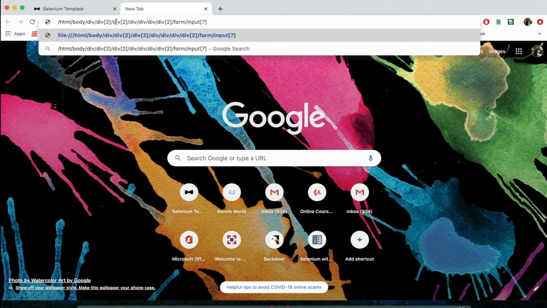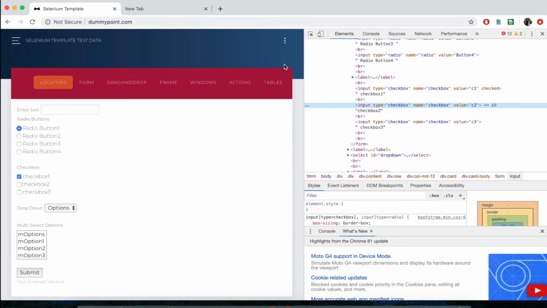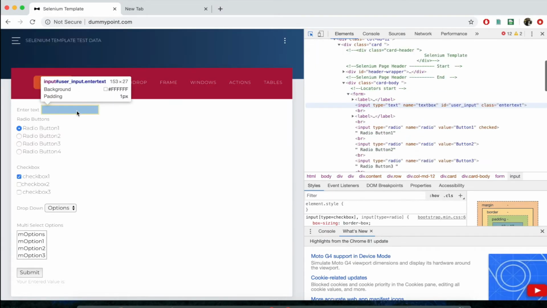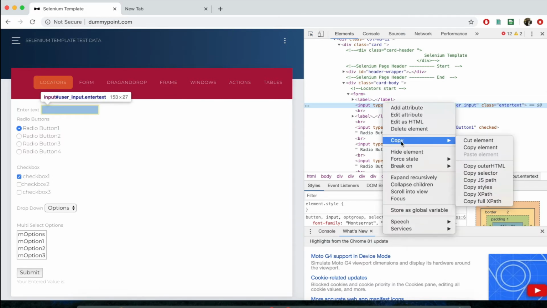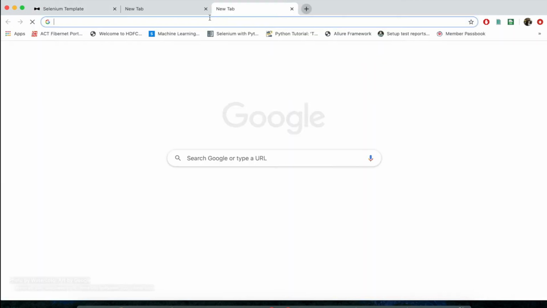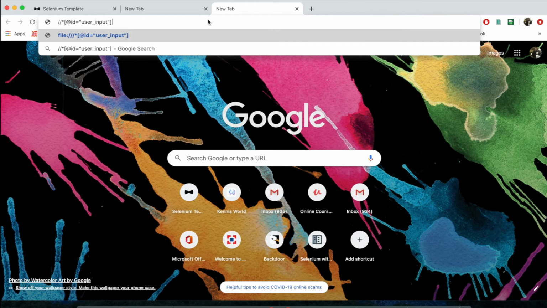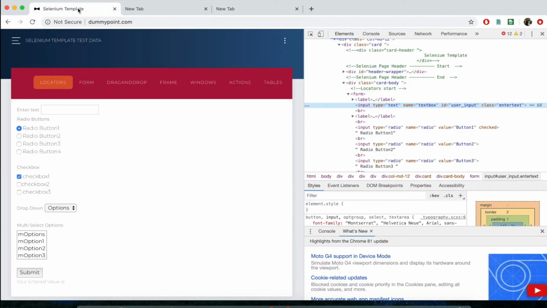See, the data is copied here, and we will see one more thing. Right click, click on copy and click on copy XPath, and it got copied.